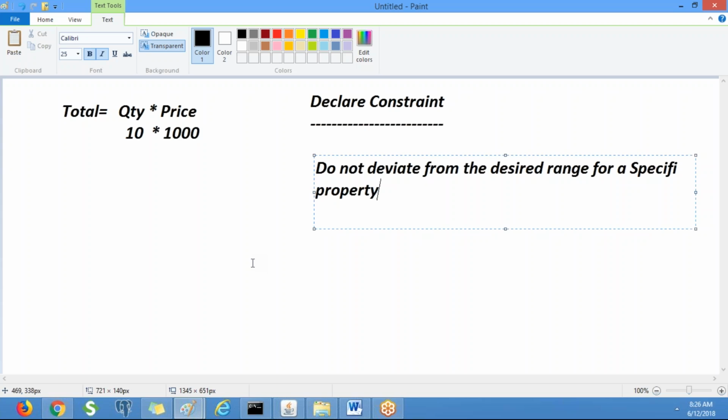That means the range should be less than or equal to 50 lakhs. If the user deviates from that value, a message will be displayed. Okay, so we'll do that now.